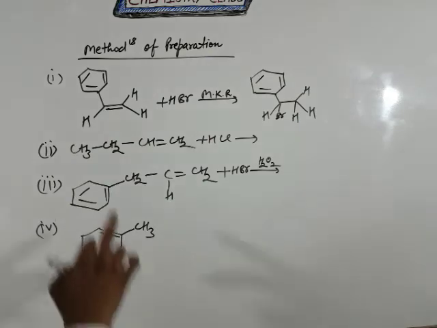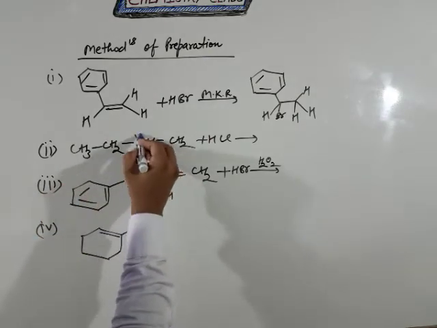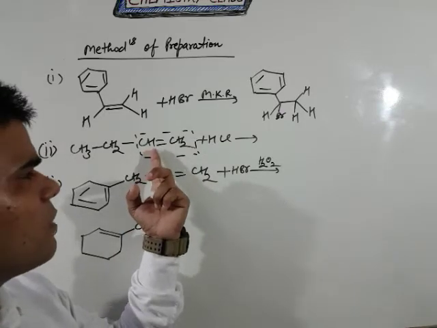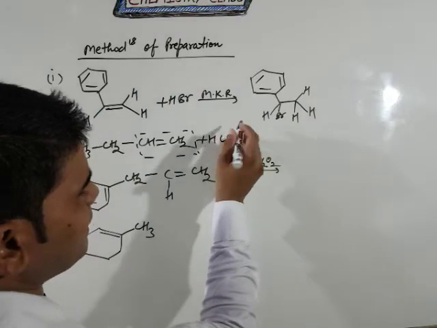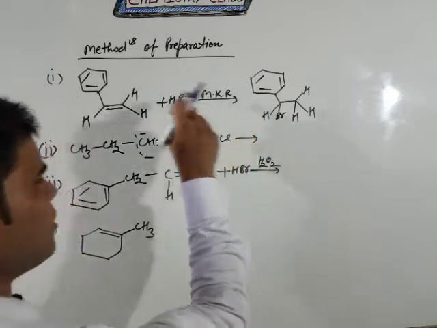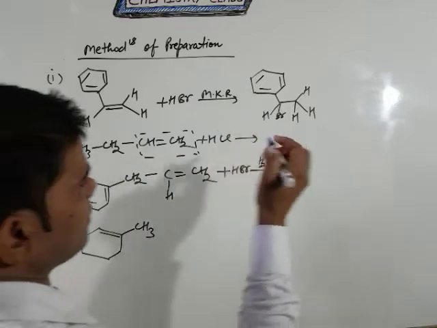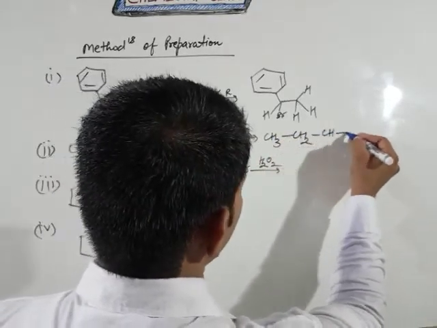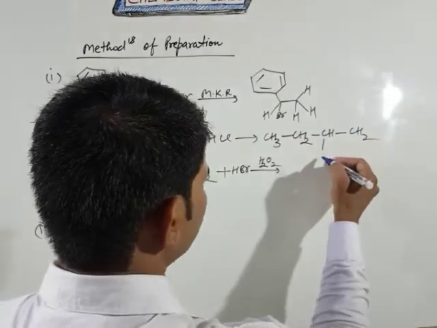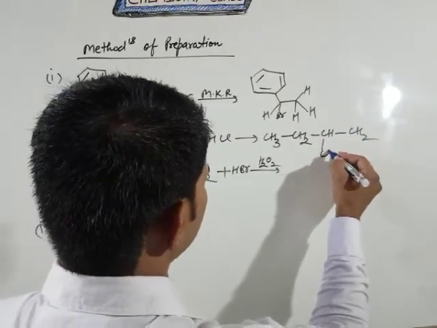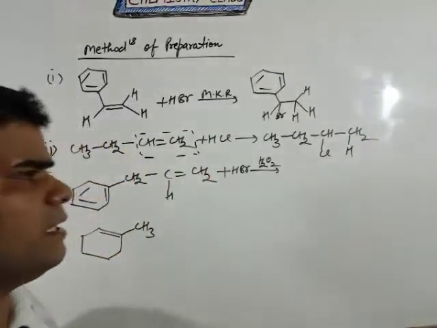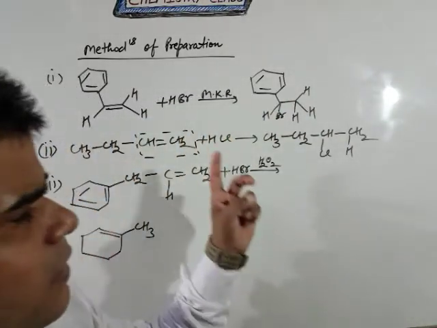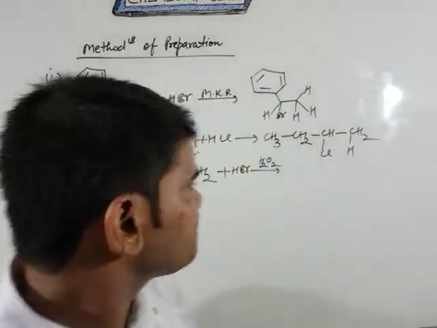Clear? Now come to the same one. Which one has fewer hydrogens? See the example. This one has fewer hydrogens, and you can see here the Cl is negative and hydrogen is positive. So the negative part attaches to this carbon atom. That's why the final answer is CH3, single bond CH2, single bond CH, and single bond CH2. The nucleophile attacks this position and the remainder goes on the other position. The double bond, you can say multiple bond, also converts into a single bond.